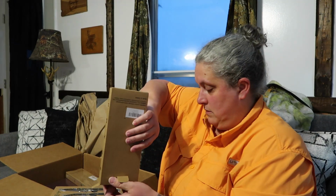Okay, so it comes in climate friendly packaging, and oh my goodness, it has a thing in there. I just can't get my hand in there. Okay, there's a little note that says, enjoy every sharp moment. It says a good and sharp kitchen knife is a foundation of any kitchen, whether it is a professional chef or a home cook. So the blade of the bird beak knife is,